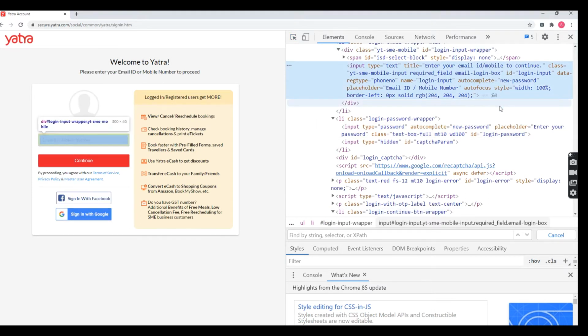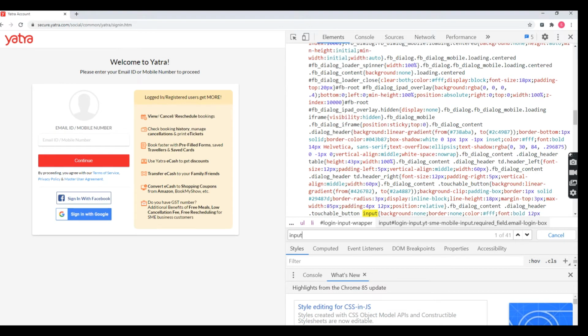Here we can see the name attribute is available, the ID is available, and the class is also available. But what is the tag? It is the input tag, so I'm going to take the input tag. First I'm going to use the ID locator, so for that I mention the hash symbol.